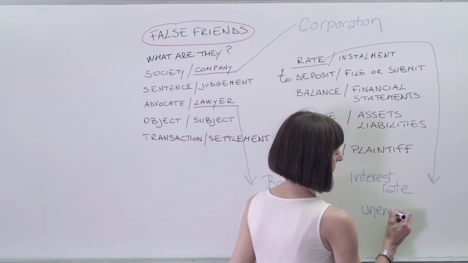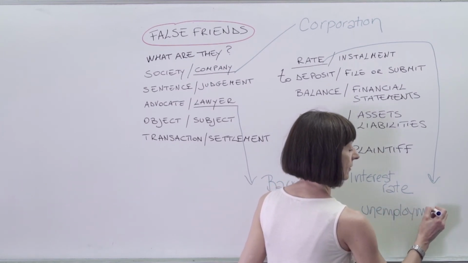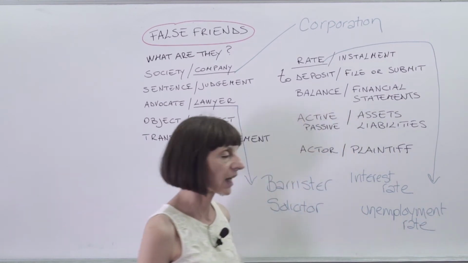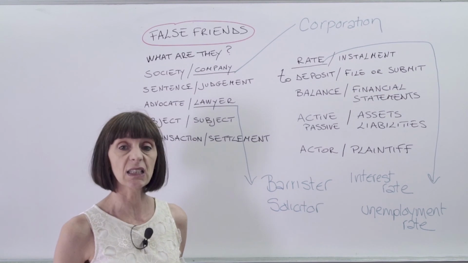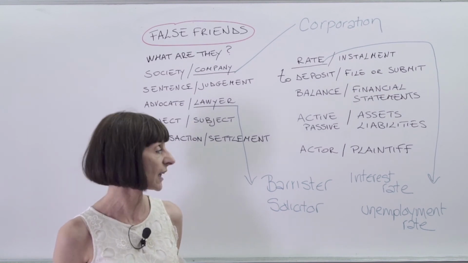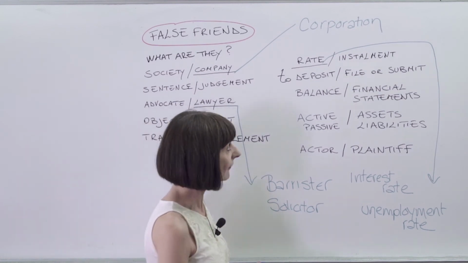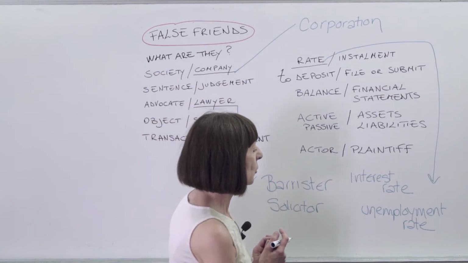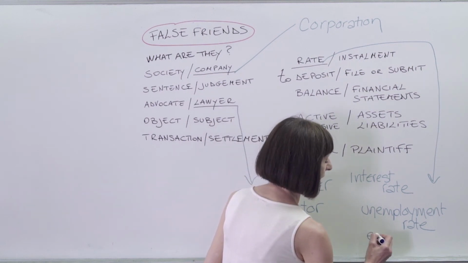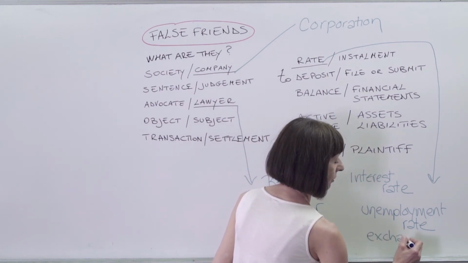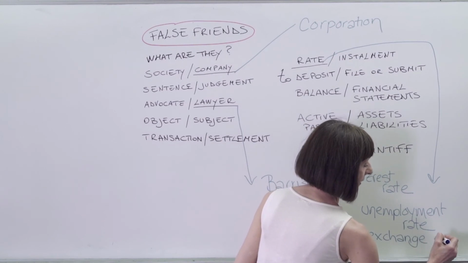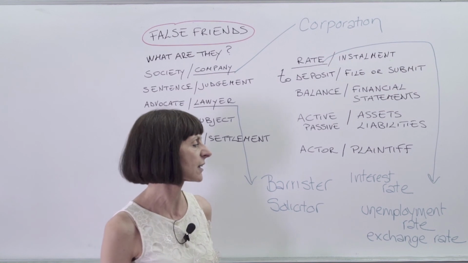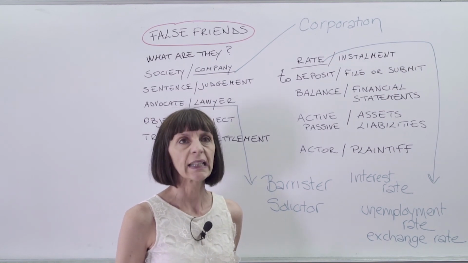unemployment rate. The current unemployment rate in Italy is around 11%. Finally, one more example of rate, we have what is called the exchange rate. The exchange rate pound-euro is around